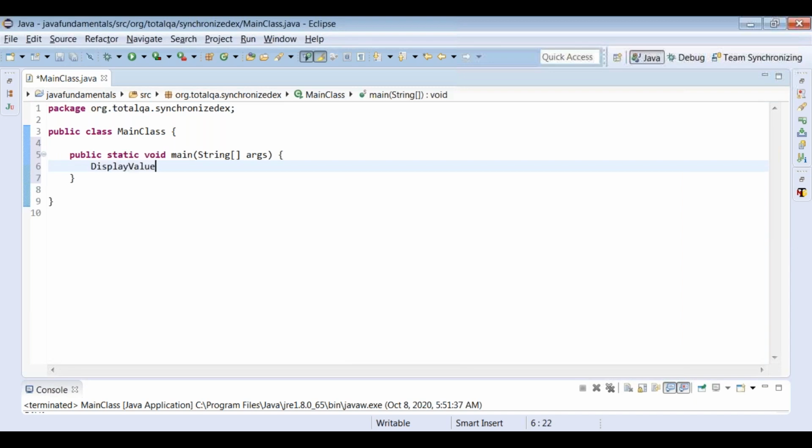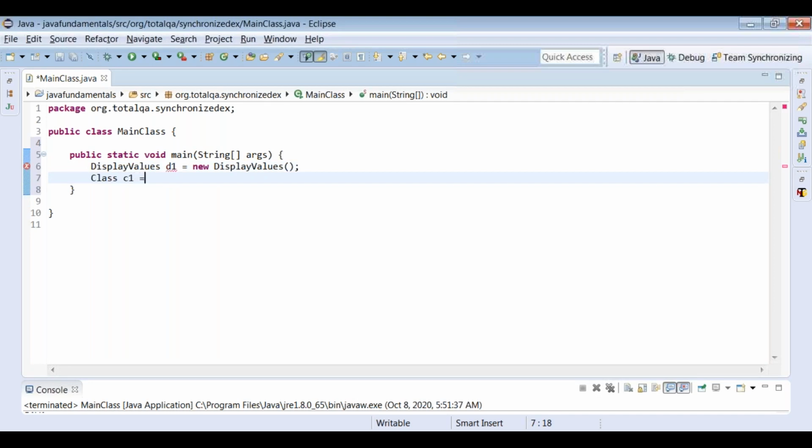I'm creating only one object. And I create Class1 c1 equal to new Class1, and we are passing d1, comma, let's pass Selenium.